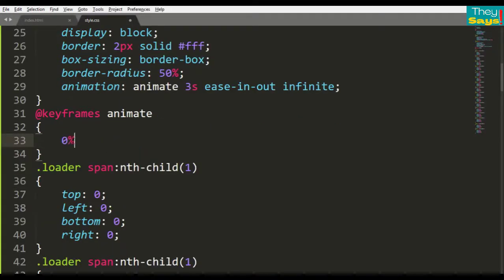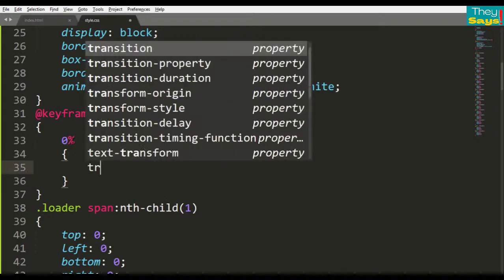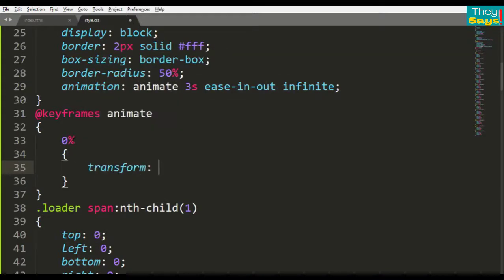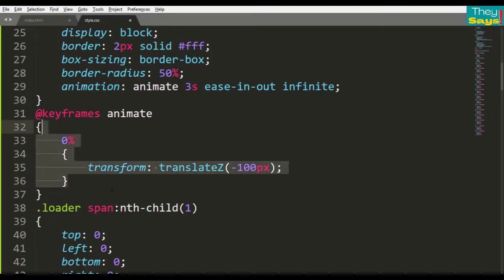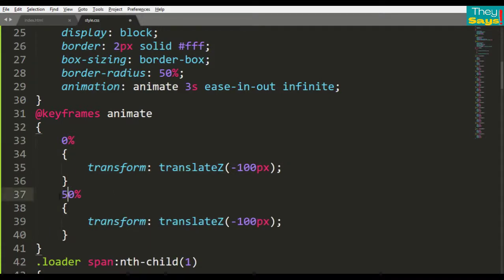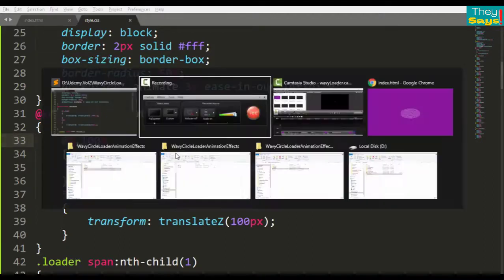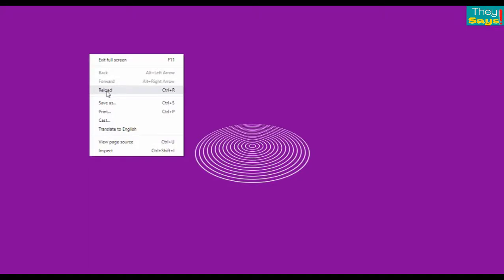Start from the 0, transform, translateZ minus 100px, copy this and paste 50%, translateZ minus 100px, same as for 100%. Reload the page. Okay, now this shape is animated.